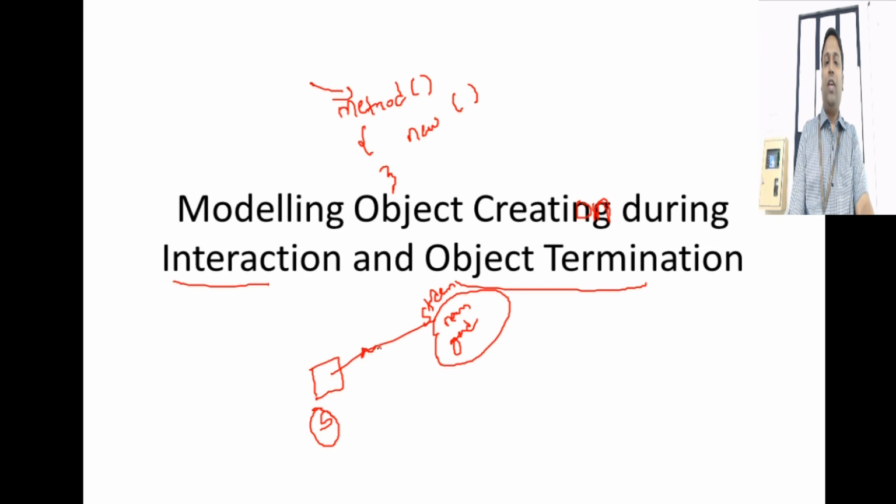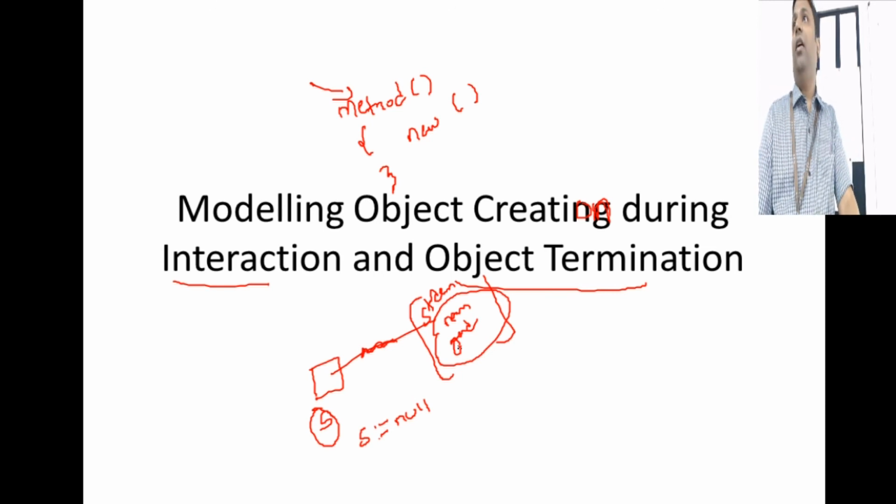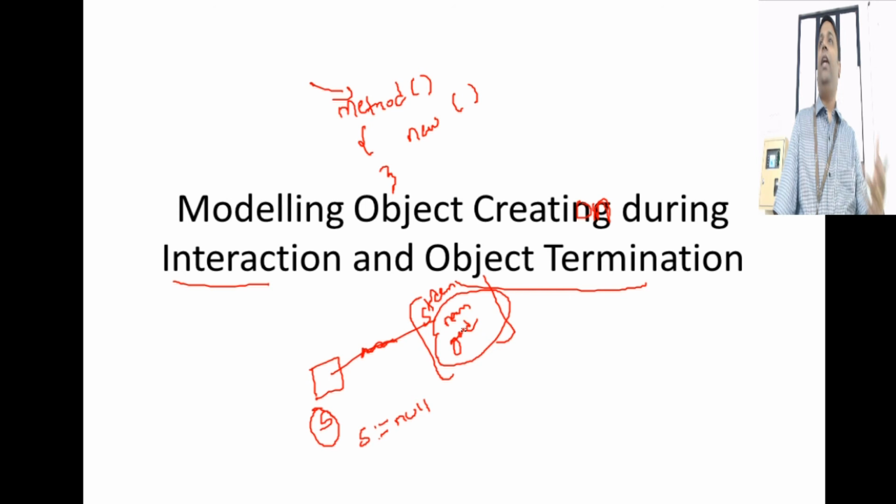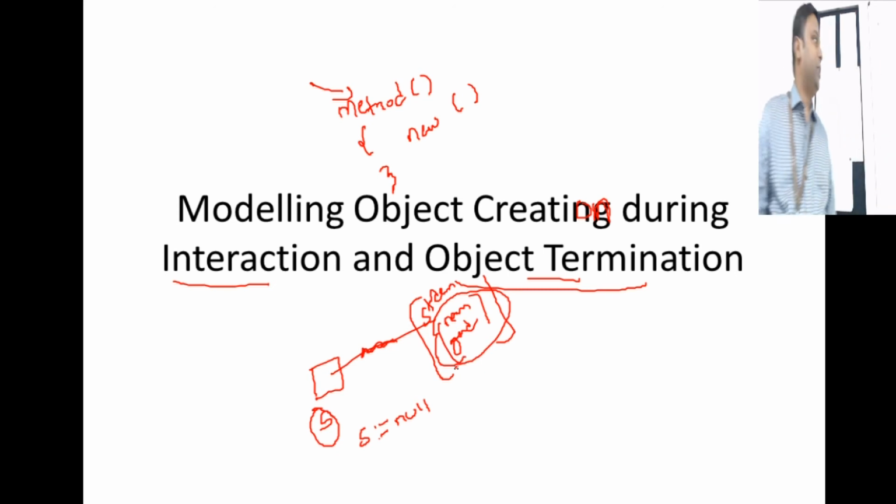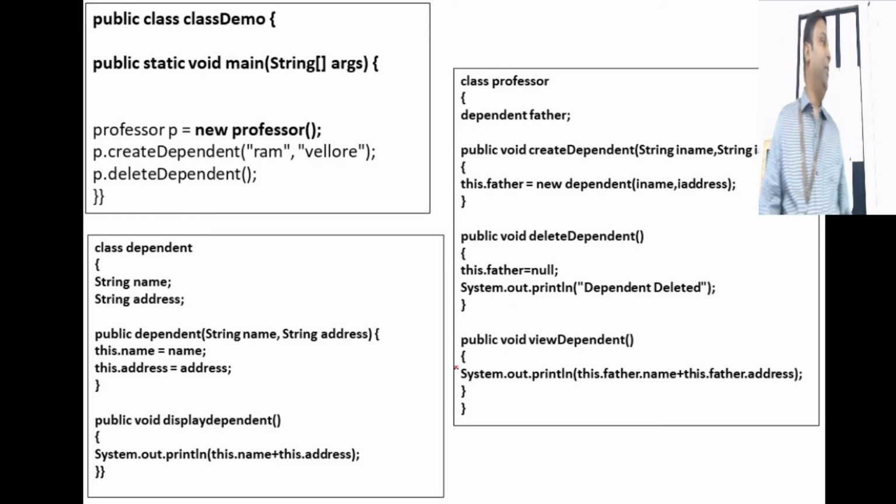So if you remove this reference by just saying this dot S equal to null, it means you are removing the reference. It means that Java garbage collection can kick in and collect this available area for other processes. That is the meaning. In C++, we use delete for deleting a dynamically allocated object. So what is object termination? Enforcing an object to be deleted. Once I delete this object, can I access any of the data members here? No, because the pointer reference is removed, you cannot access any of the data members. These things we should have learned in our first year. I think it should be very familiar to you guys.